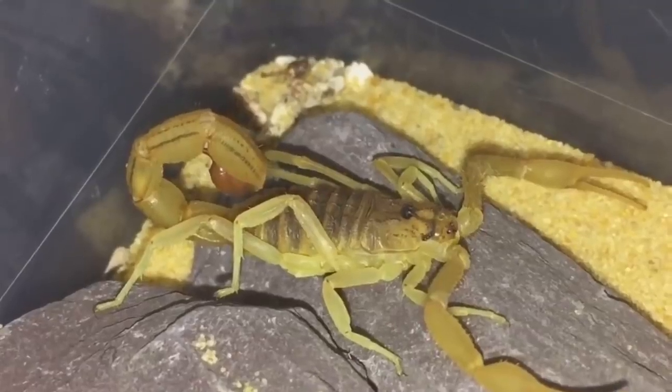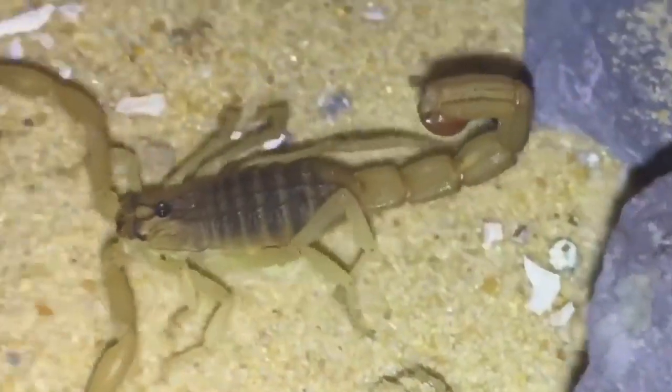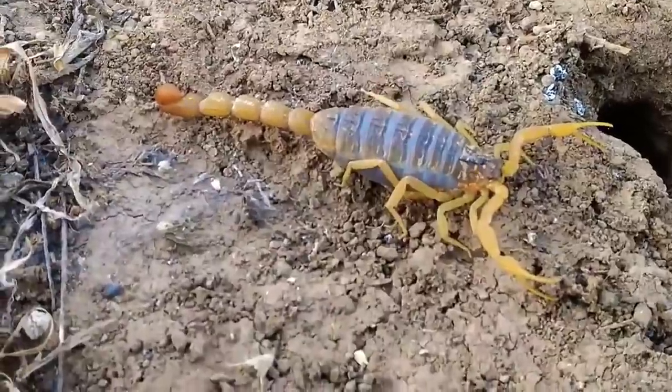But despite this it packs quite a punch. Despite its name, it's not really that red. It ranges in color from bright reddish orange to dull brown, and the species has a distinctive dark gray ridge and granulation. Their pincers are relatively smaller compared to other scorpions, but they have really thick tails and a large